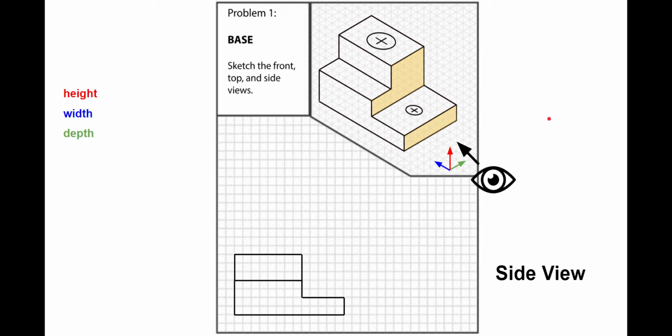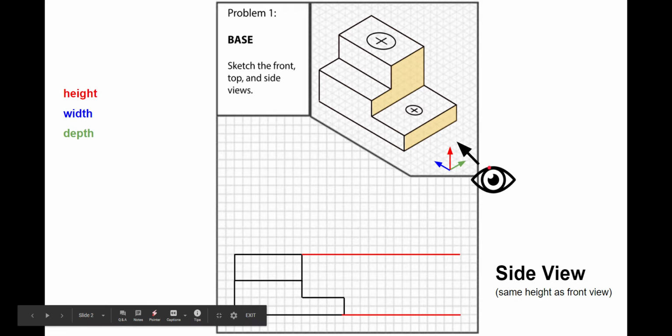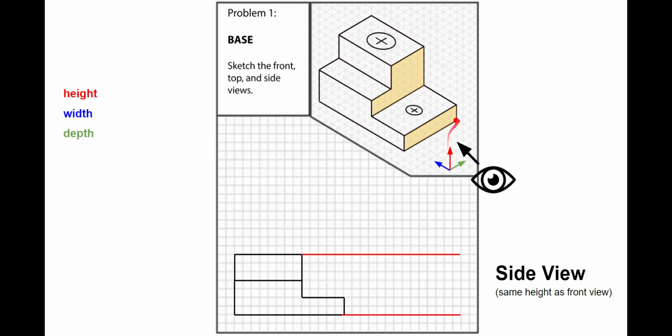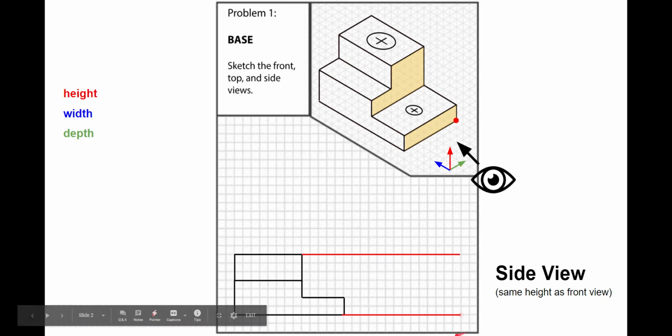One thing that's helpful is that since I already have my front view completed, I can project 2 lines from the top and bottom of it over to where my side view is going to be, because I know that both of these drawings show the height of my object. And so these 2 are going to be helpful, that I'm not going to have to count as much on this drawing. I'll pick a base point again, and I'll show that on my side view,